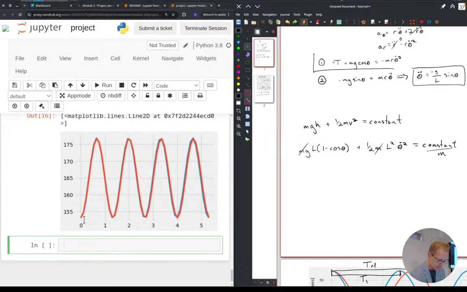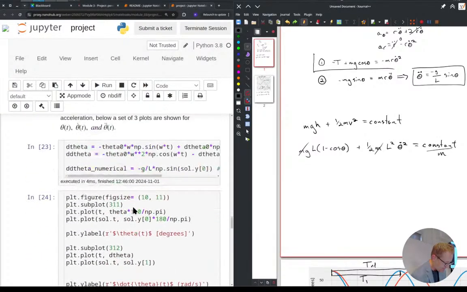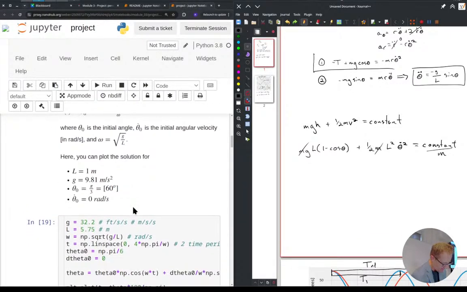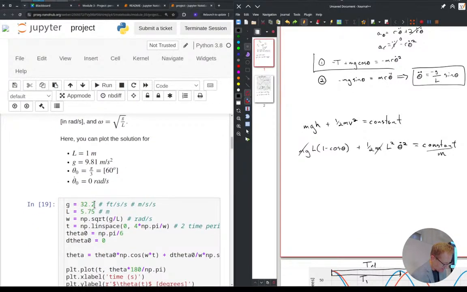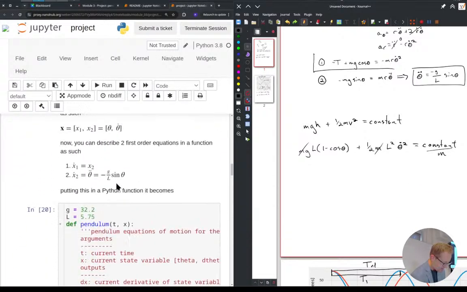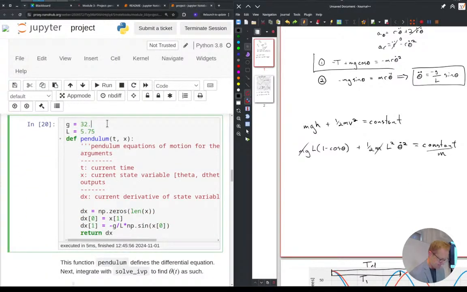I want this. So I'll say, oh yeah, and I had changed my G, didn't I? G is 32 in mine. Do I want to leave that? I'm going to change it back to 9.81. And I just have a 5-point